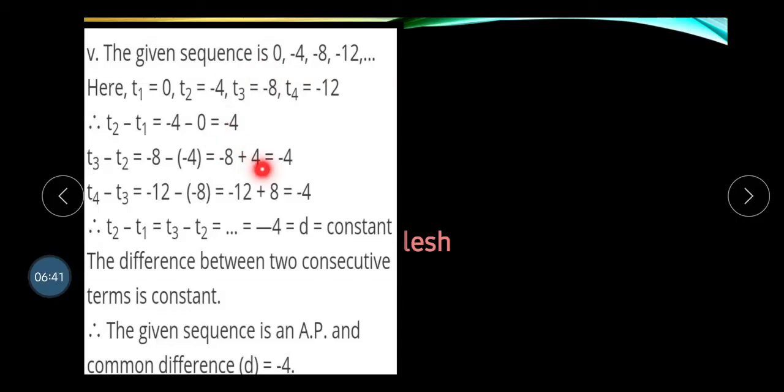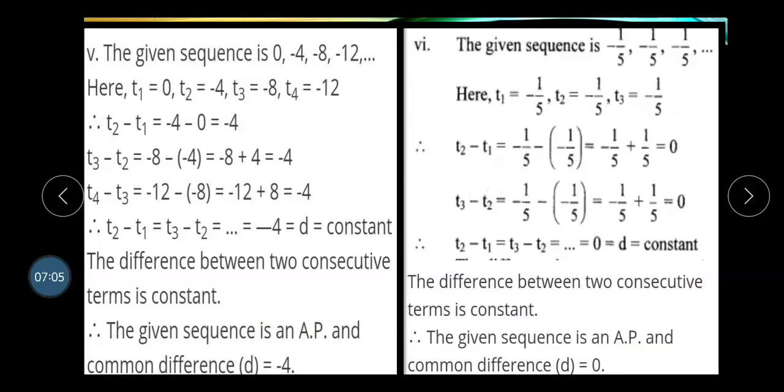As we can see, minus 4 everywhere. So T2 minus T1 is equal to T3 minus T2 equals minus 4. That is constant. The difference between two consecutive terms is constant. Therefore, the given sequence is an AP and the common difference D is minus 4. Sixth one,